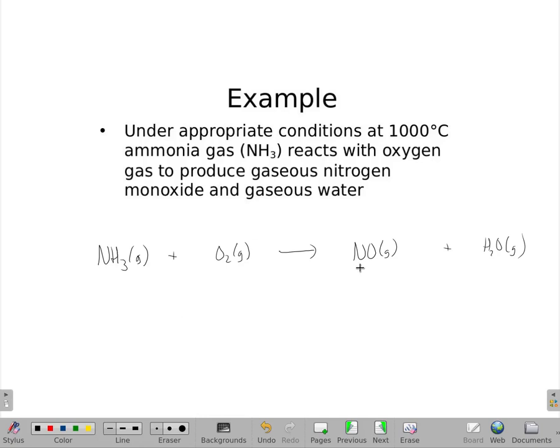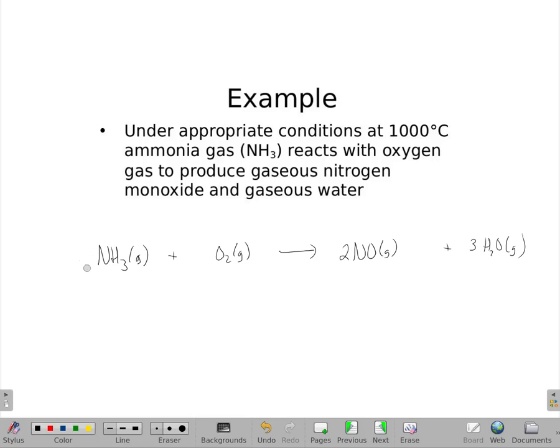My nitrogens are okay, but my hydrogens never will be, because odd number and even number. So I'm going to back up and put a 2 there, which means I would need 2 NOs. Now I have 2 times 3, 6 hydrogens, so I need 3 of these. And that gives me 2 oxygens plus another 3, so 5 oxygens, which I can't do here because I can't get an odd number of oxygens. So back up,